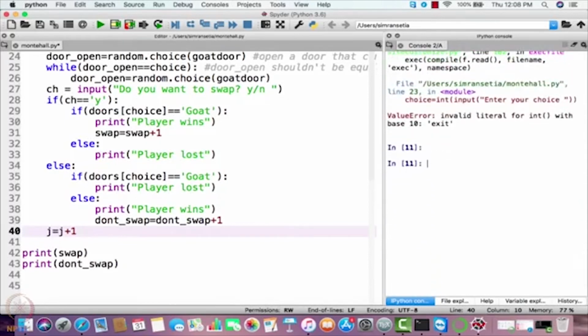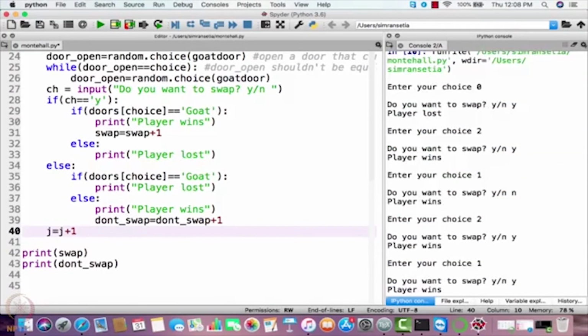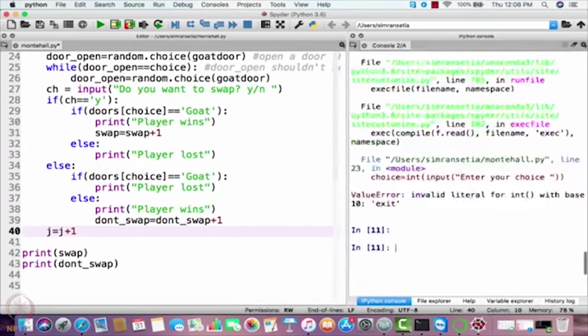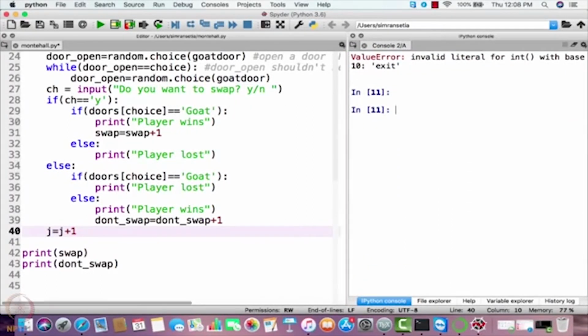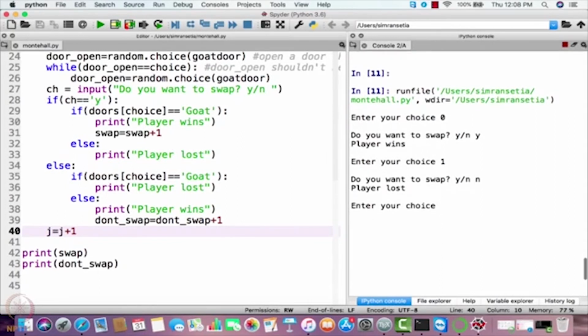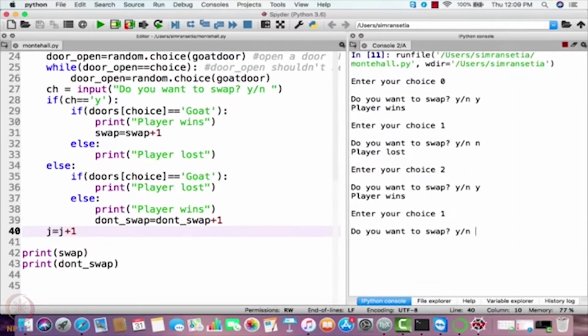Okay, we have exited. Now let us try to run it again so that we can get what is the optimal strategy here. Enter your choice 0. Do you want to swap? Yes. Player wins. Do you want to swap? No. Enter your choice 2. Swap? Yes. 1. Swap?